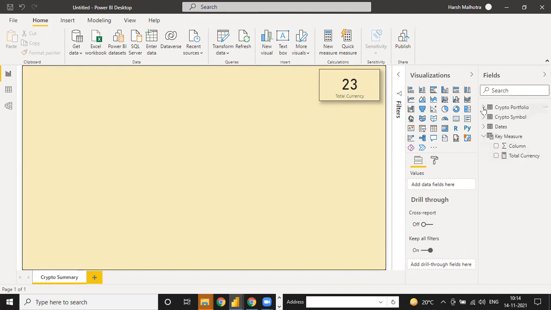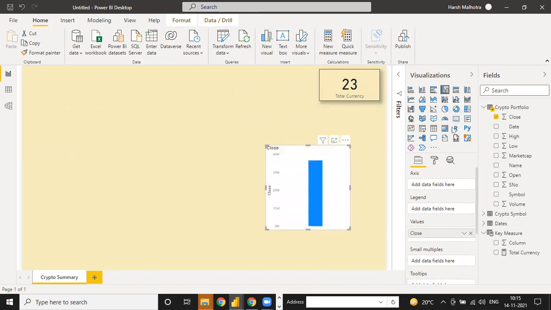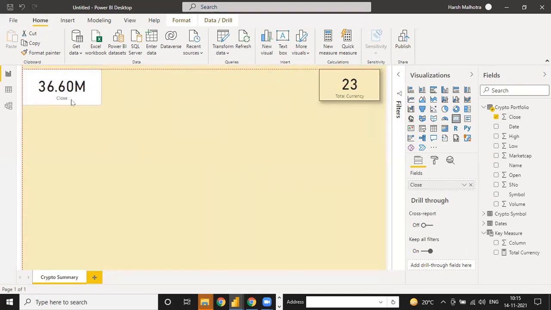Because guys, calculation is very important. And right now, when you click on this close price and drag sum into a card, it will give you the total of this close price. But this is an implicit measure. What did we call implicit and what did we talk about as explicit, guys? Implicit measures are those which Power BI automatically creates, and they do not have any reusable purpose.